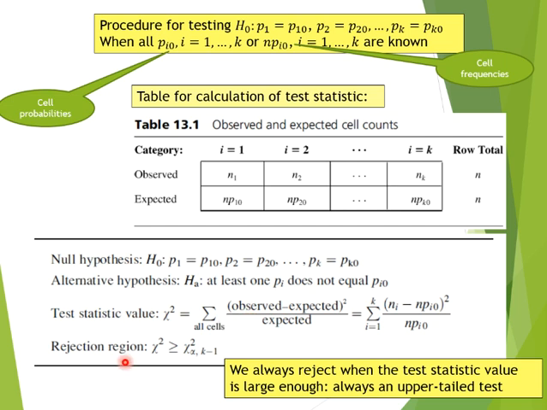Then your rejection region is always based on this test statistic, which has a chi-square distribution with k minus 1 degrees of freedom, k being the number of different categories. You will always reject when the chi-square test statistic value is large enough, where the critical value is given by the significance level again, and k minus 1 degrees of freedom. So it's always an upper tail test. Today I continue